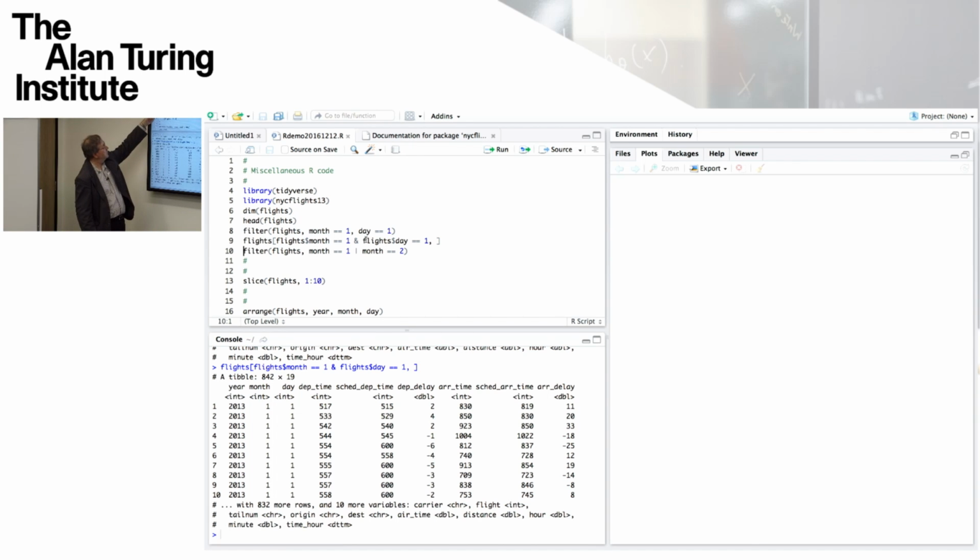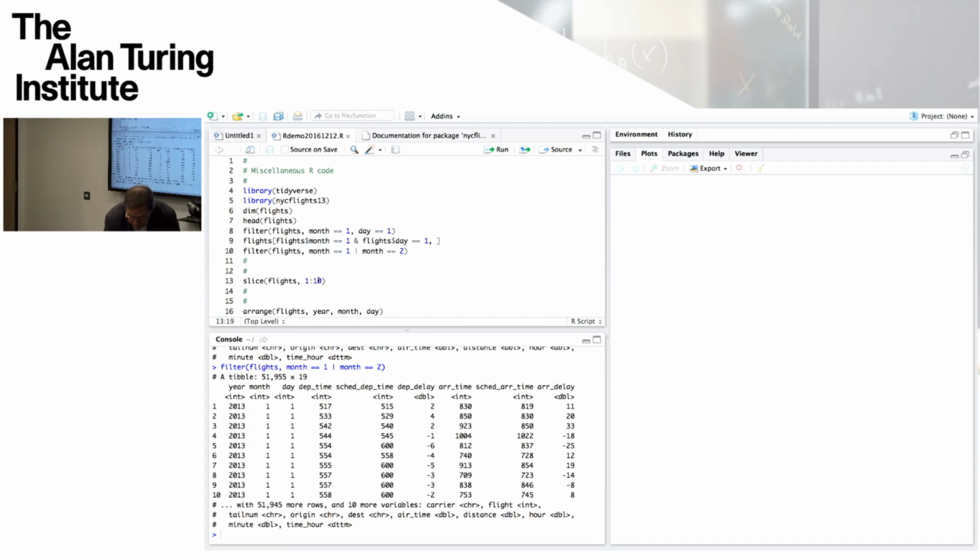If you want Boolean expressions other than AND, which is the common case, if you want, say, OR, then you can build them yourself, as shown in this example here. So that's where month is equal to 1 or month is equal to 2. A comma-separated list builds an AND between the Boolean expressions. And again with slice, that will slice off the first 10 lines. So the sequence 1 to 10 is the rows that are sliced off from the flights data set.